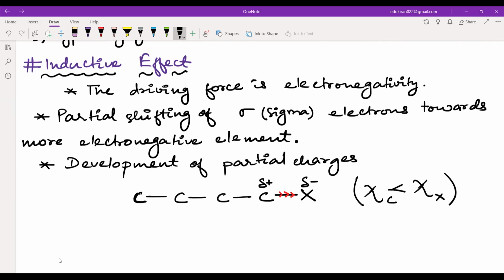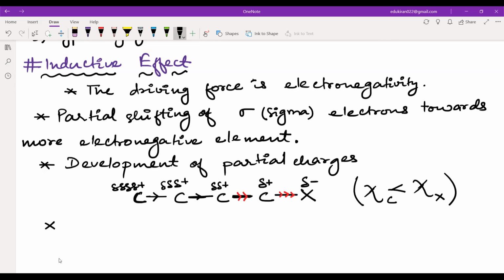delta positive charge. And as this carbon has developed a delta positive charge, the electrons in this bond will also start to move a bit. Although they will be moving a bit, the intensity of movement will not be as high as it was in the CX bond. So here you will be getting a very, very small positive charge. Similarly, there will be some electron shifting in these carbon atoms also. So you'll be getting a very, very small positive charge here, and you'll be getting delta positive charge here. Okay.